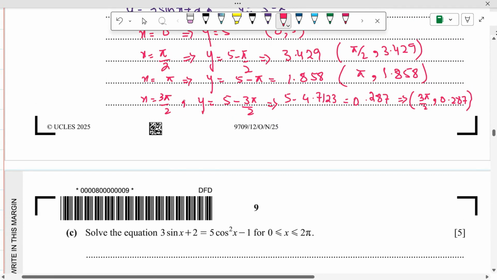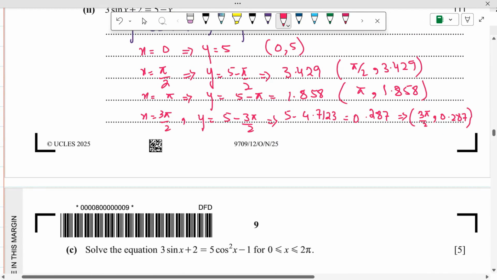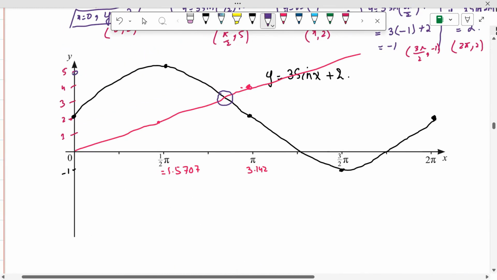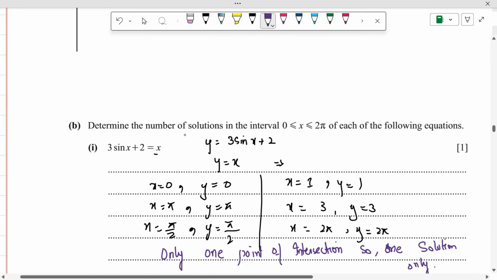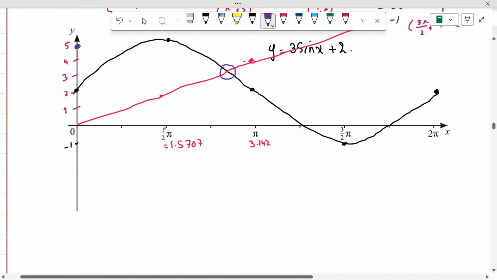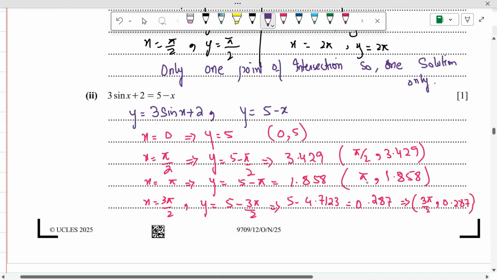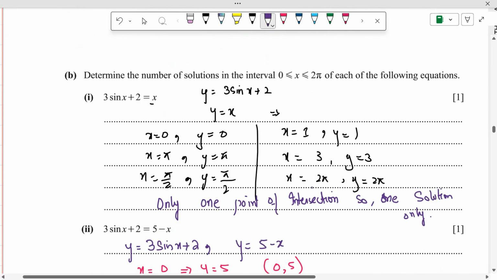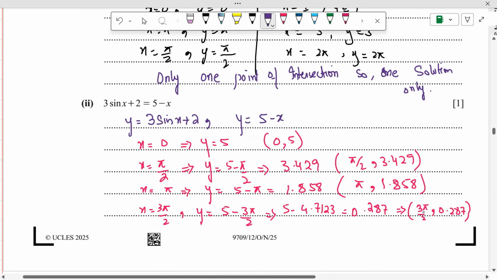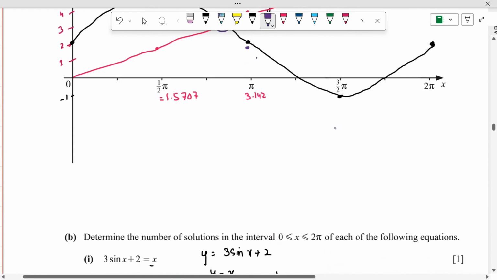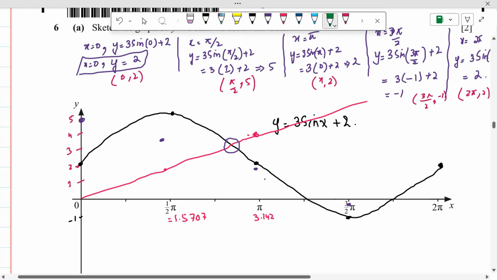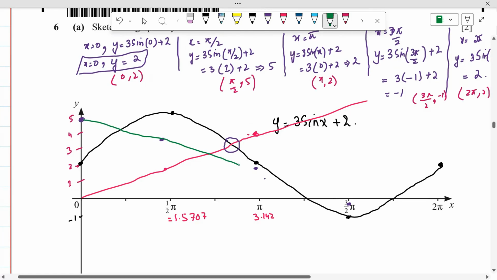So let's plot the equation. For example, we will have 0 comma 5, this one is 0 comma 5. The second point is pi by 2 comma 3.4, so this one will be here. And when x is pi we have 1.85, this one here. For the value of 3 pi by 2 we will have 0.2, so this one is here. When we plot a line joining these points,